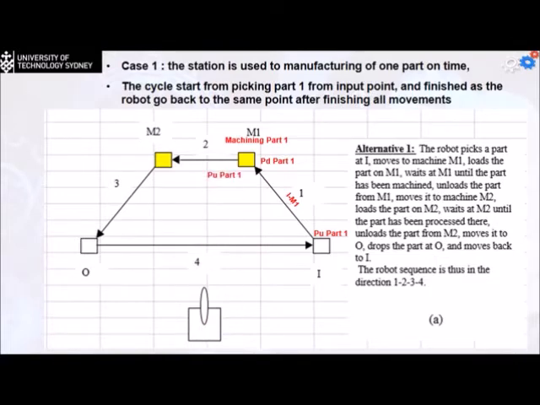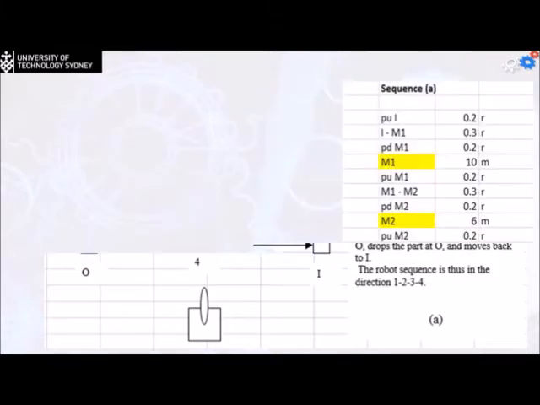After a certain time we finish, so we pick out the part, travel to machine number 2, put it down, and machine part number 1 at machine number 2. Then pick out part number 1, travel to the output point, put it down there, and then travel back to pick another part and repeat the cycle. So if I'm going to tabulate